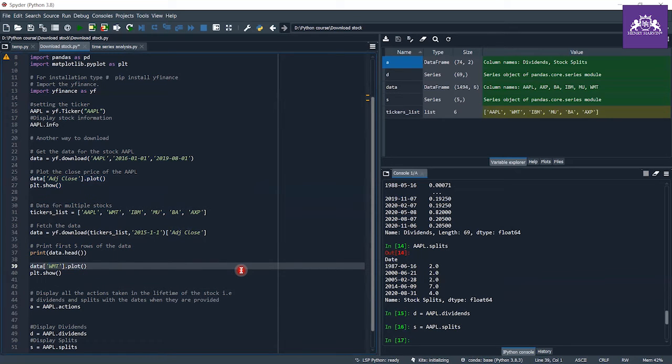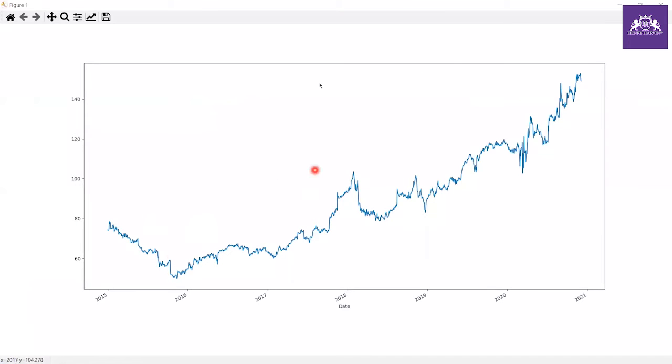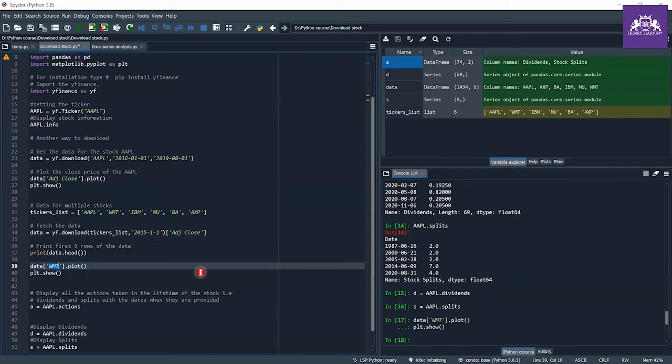Here, as you can see, the stock price is plotted with respect to time, and you can try to plot others also, like BA.